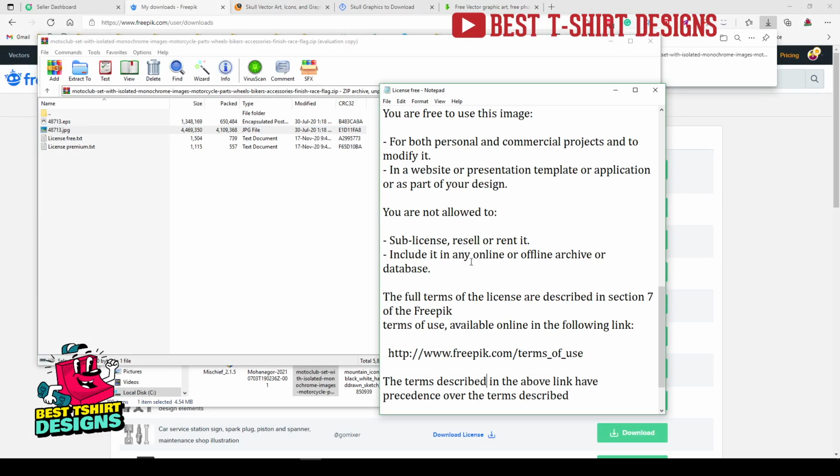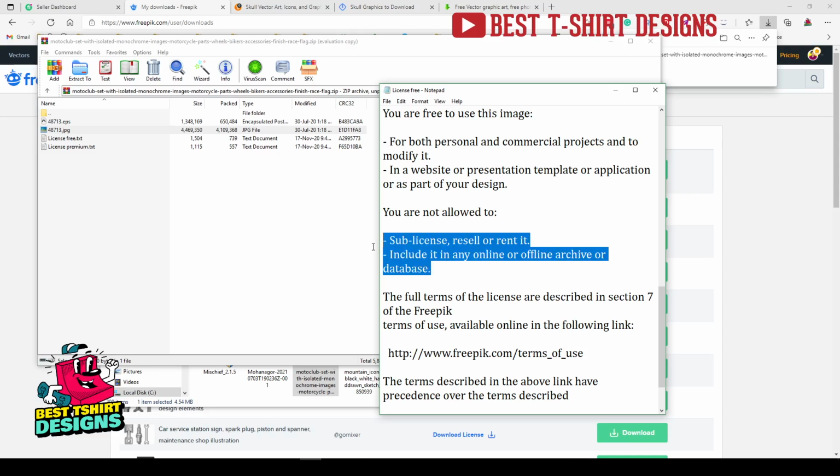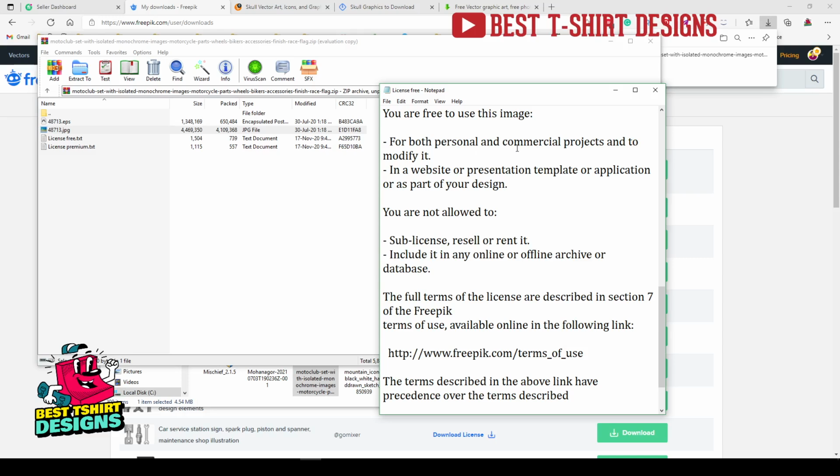Include it in any offline or online archive or database. That means the way I am sharing this with my group is not legal here. Because if I can download this for free, you can also download this for free. But I am sharing sometimes because I know some of us don't understand this process very much, so it will be helpful for them. But that I am not allowed to do, but I am allowed to use it and modify it for making my